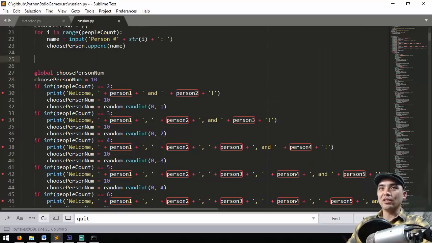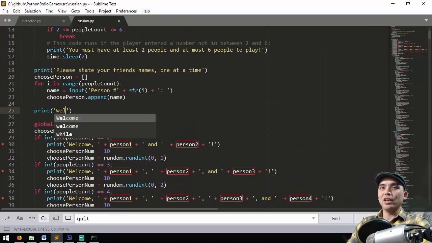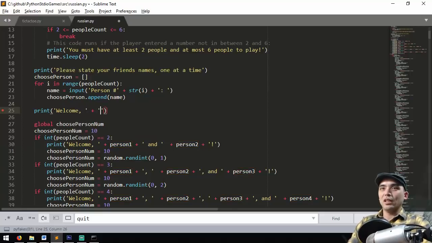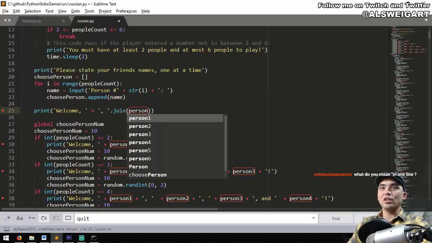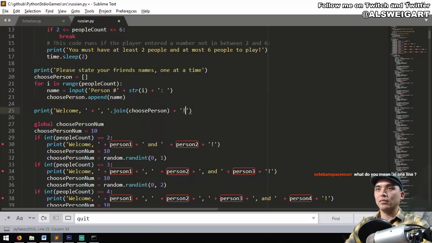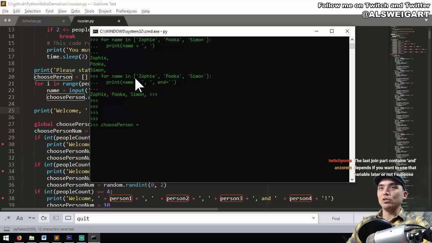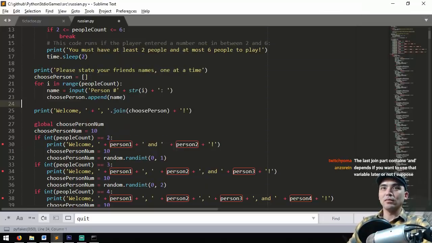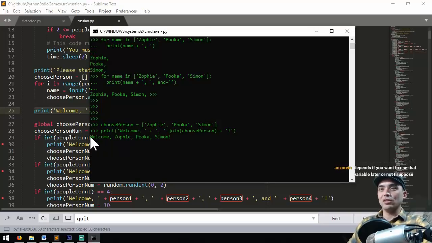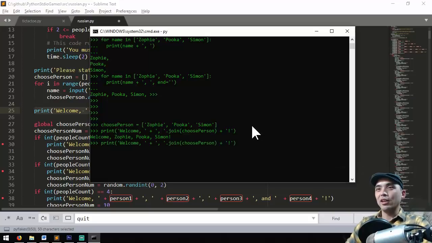So let's go ahead and use join here. What we're going to do is say welcome, and then I'm going to do this. Join. Remember, all the player names are, oh, here in choosePerson. Now this doesn't exactly do the same thing because we have this and right here. And this is only going to put a comma. Let's say we had choosePerson equal to these three names. This code would do this. Welcome, Zophie, Puka, Simon. It doesn't have the and word in there. That's fine. We can just go ahead and join everything up till the last